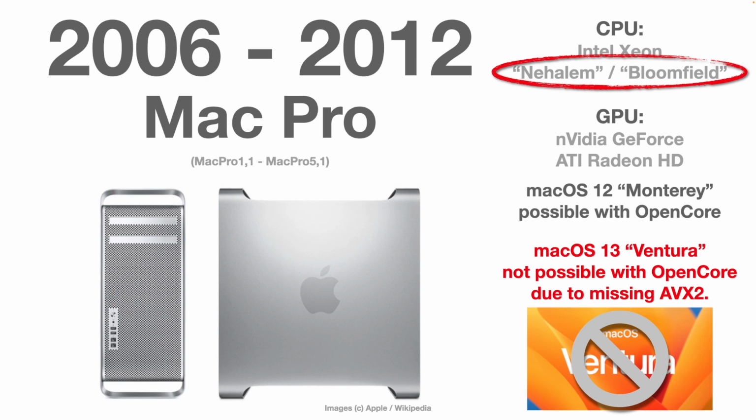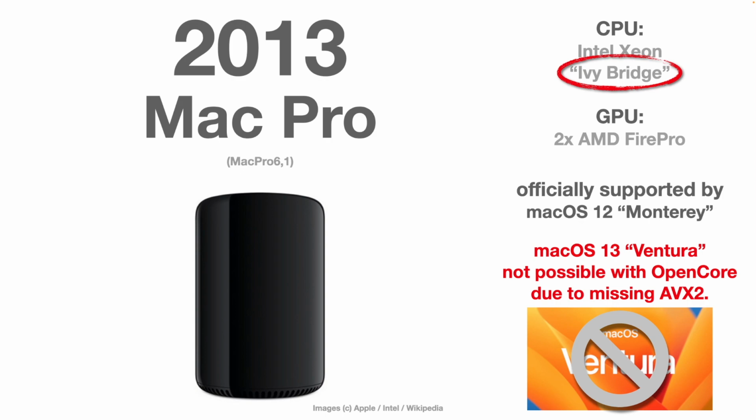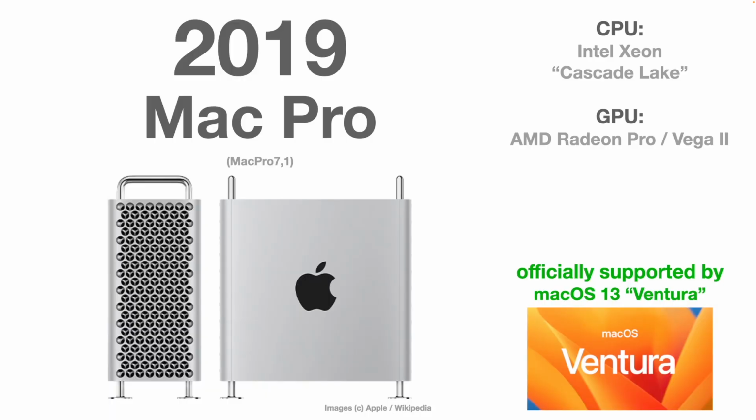For the Mac Pro, and that is one of my devices, and I'm very sorry for that, the Mac Pros are the big losers of macOS 13 Ventura. Because the good old cheese grater, the Mac Pro 4,1 or 5,1, and the Mac Pro 6,1, that's the black garbage can, all have processors that are pre-Haswell. And I don't think that I can update my Mac Pro here to macOS 13 Ventura. The only Mac Pro that is officially supported is obviously the Mac Pro 2019, which is the last one that still has an Intel CPU.